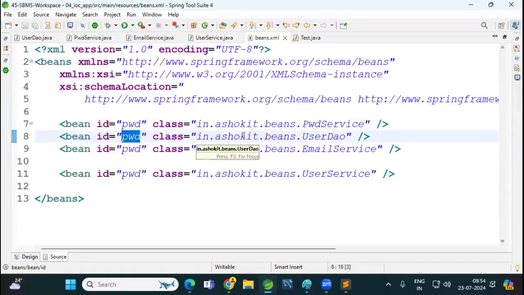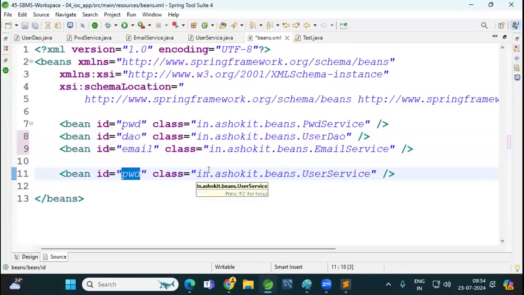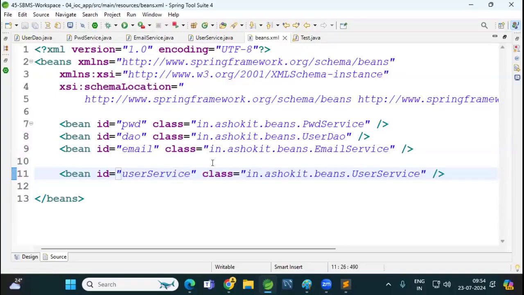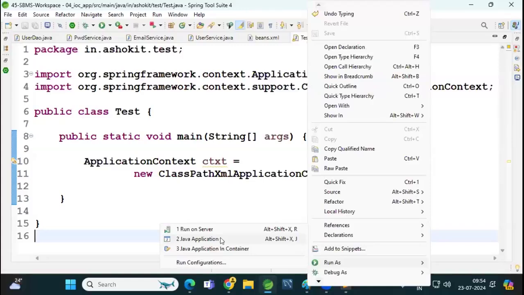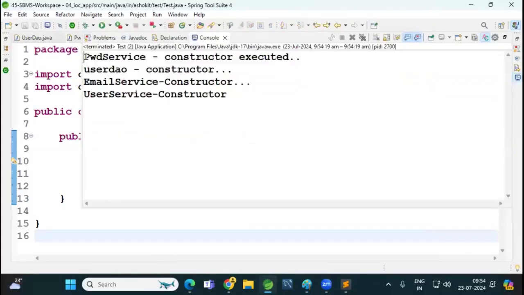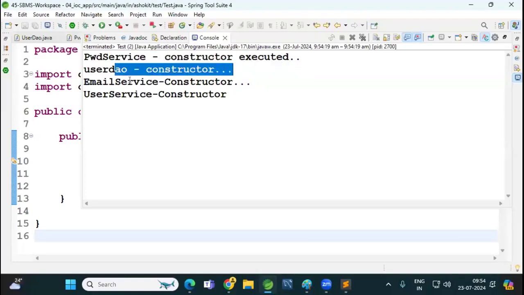Okay. Then here, let me give this one as a DAO. Let me give this as email. Let me give this as user service. Every bean should have a unique ID. All right. Right click, run as Java application. Now you can see password object created, password service object created, user DAO object created, email service object created,